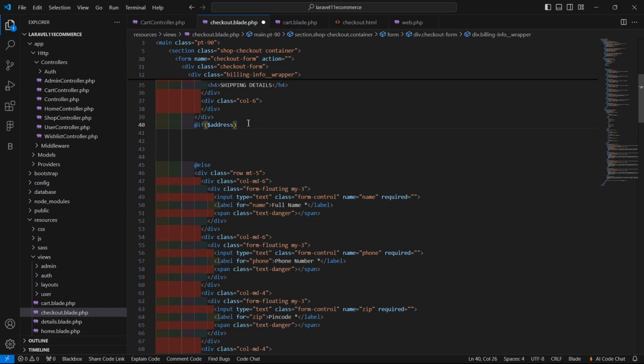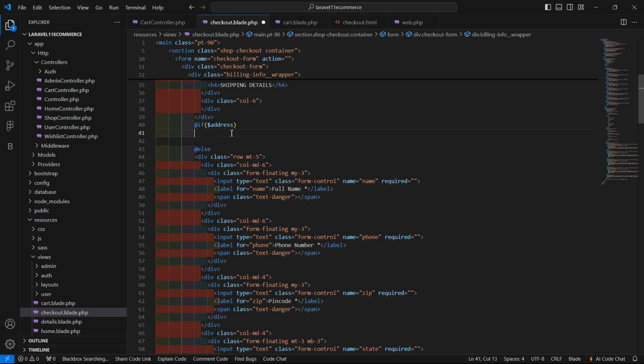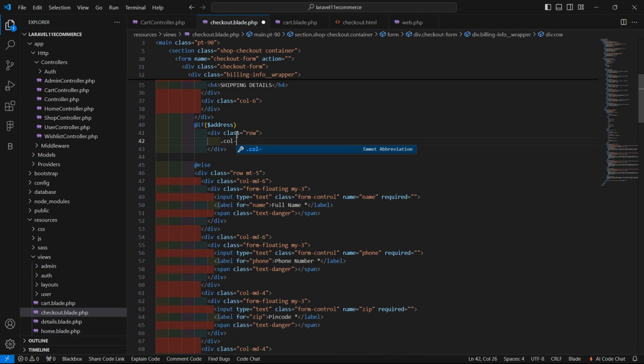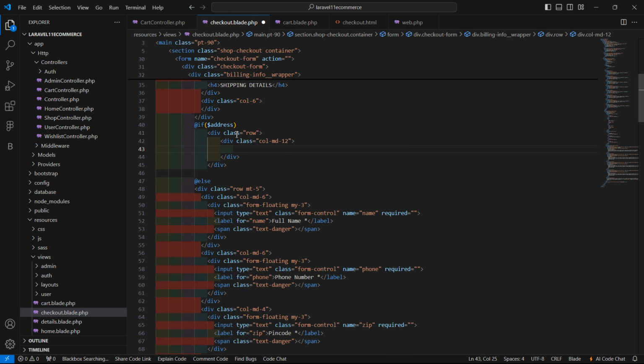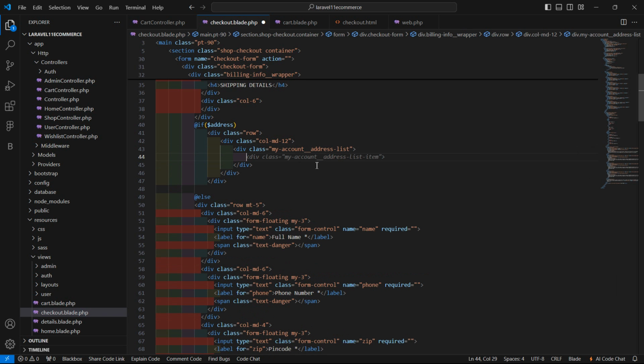And now if the address exists, then just display the address. So for displaying the address, just add a row, with class col-md-12, and then another class my-account underscore address list. Okay. And then this one, my-account-address-list-item,